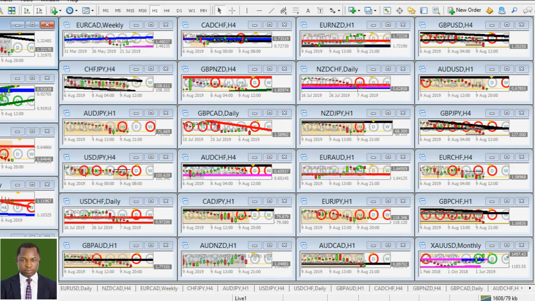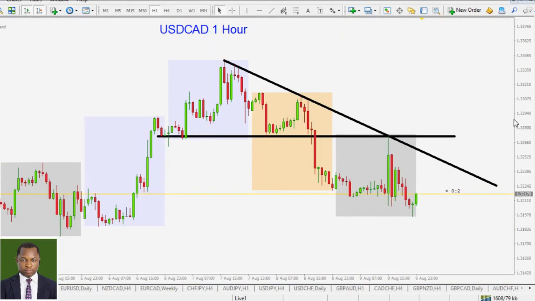All right, the first one is the American dollar against the Canadian dollar. Let's see what's been going on in the 1 hour time frame. Last week we actually shared this chart. We talked about looking for a short opportunity around that zone, and price actually made that pullback, banging off the confluence zone. Unfortunately, that happened with so much volatility, with so much violence. We were never given the opportunity to jump in based on the trading strategies,